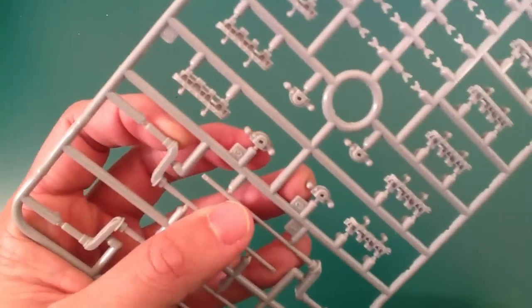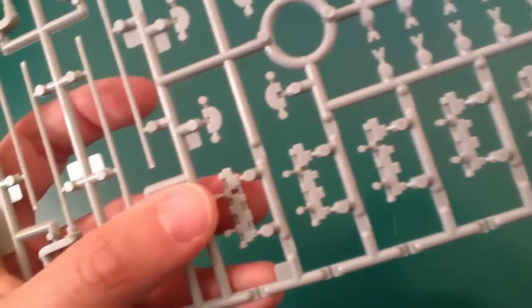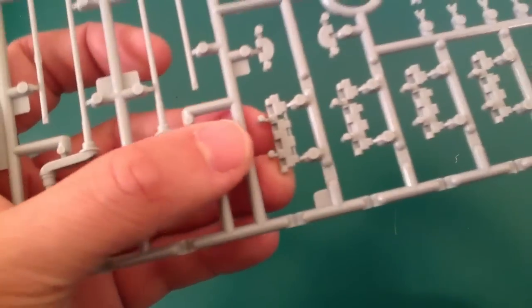And the tracks are really nice. I think because of the knockouts there's no ejector pin marks. However, there are 4 connection points per link, and the one that I remember being a pain in the butt is, if you look at a Tiger link,